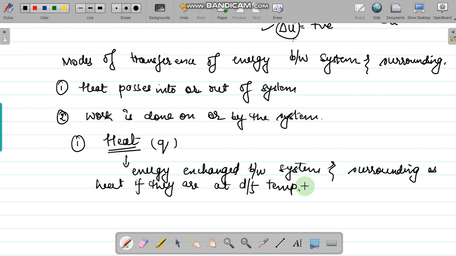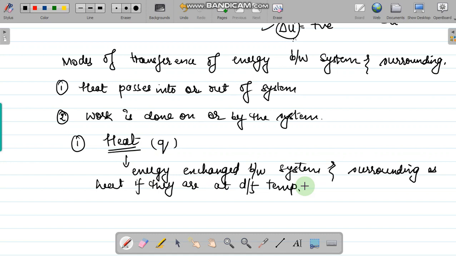For example, हमारे पास system है which is at a higher temperature than the surrounding. तो एनर्जी क्या होगी? एनर्जी इज गोइंग टू लॉस टू द सराउंडिंग। अगर सिस्टम गर्म है, फॉर एग्जाम्पल अ कप ऑफ टी इज गोइंग टू बी हॉट, तो उसमें से जो हीट है वो ट्रांसफर कहाँ होगी? सराउंडिंग में। इट मीन्स इट हैज लॉस टू द सराउंडिंग। लॉस टू द सराउंडिंग का मतलब क्या हुआ? कि अल्टीमेटली सिस्टम का जो टेम्परेचर है इट इज गोइंग टू फॉल डाउन। और जो सराउंडिंग हो गई उसका टेम्परेचर इज गोइंग टू राइज। सो दिस प्रोसेस कंटिन्यूज टिल, कब तक कंटिन्यू रहेगा? जब तक जो टेम्परेचर सिस्टम का और सराउंडिंग का है इट बिकम्स इक्वल।